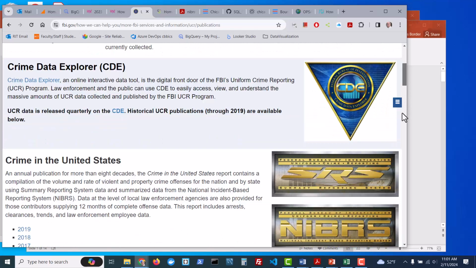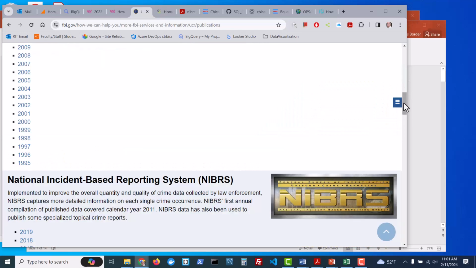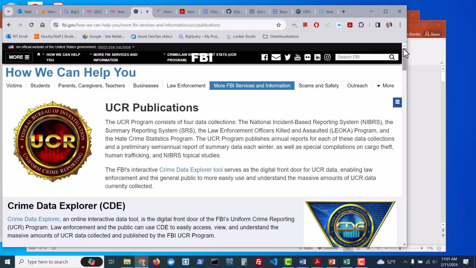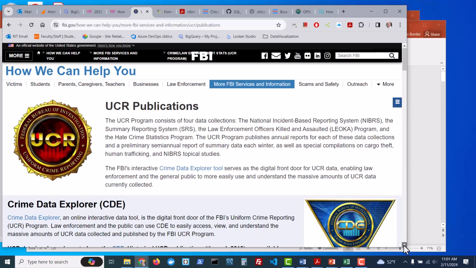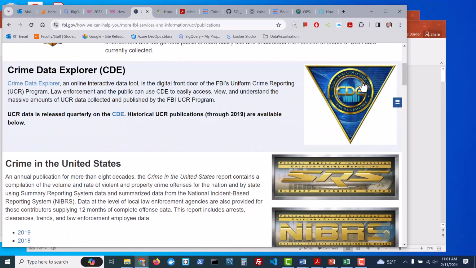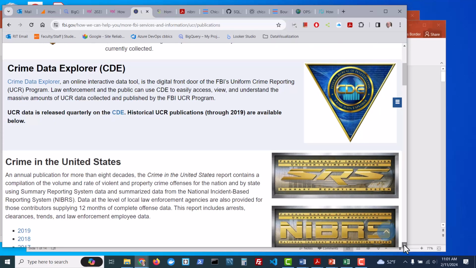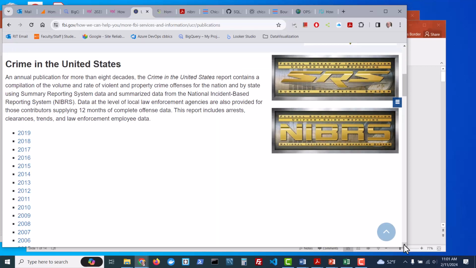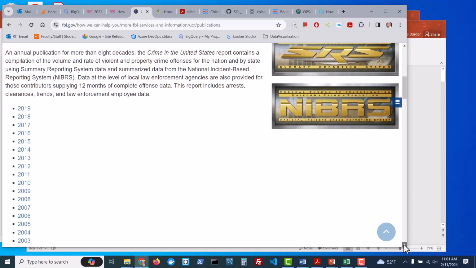The Crime Data Explorer, crime in the United States. There's lots of different reports out there that are pretty interesting and get at this whole idea. Oh, by the way, don't those emblems seem kind of manly? I don't know. But anyhow, so crime in the United States, and we've got to